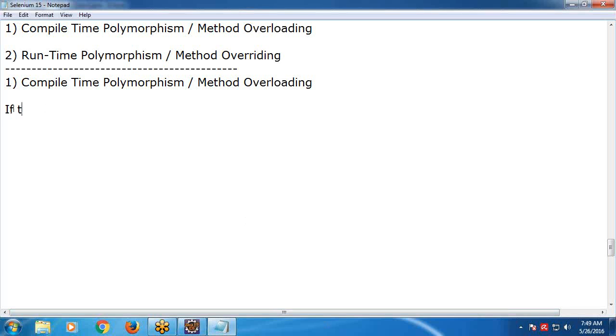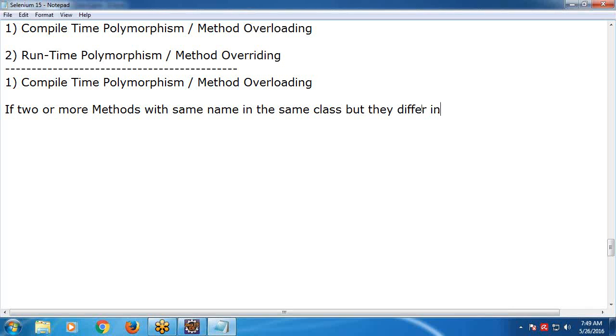If two or more methods with the same name in the same class, but they differ in